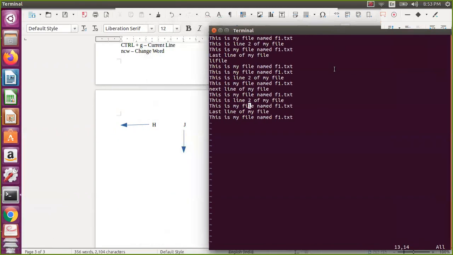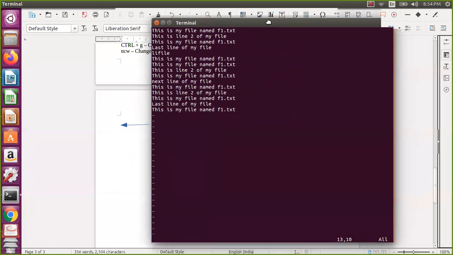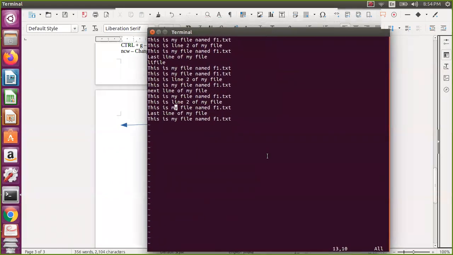So now I am here actually. If you see here, I will now use H. So if I use H, you can see it is going two columns. And not only like that, you can say 3H also. So I am pressing 3H now. Now it is three columns left, in the same row. Now I will press L. I am pressing 5L. Okay, so you can see I will be here actually.